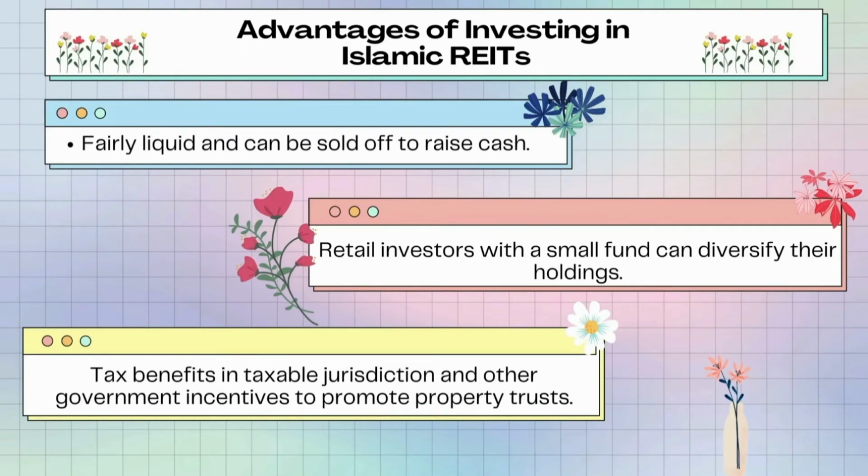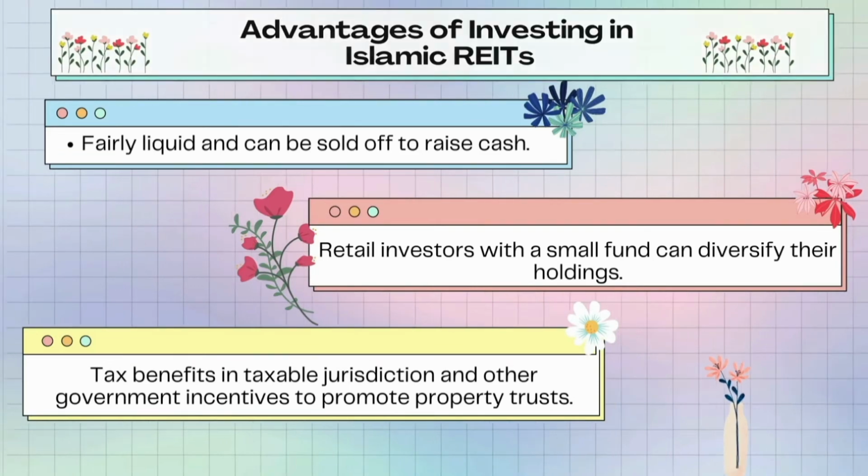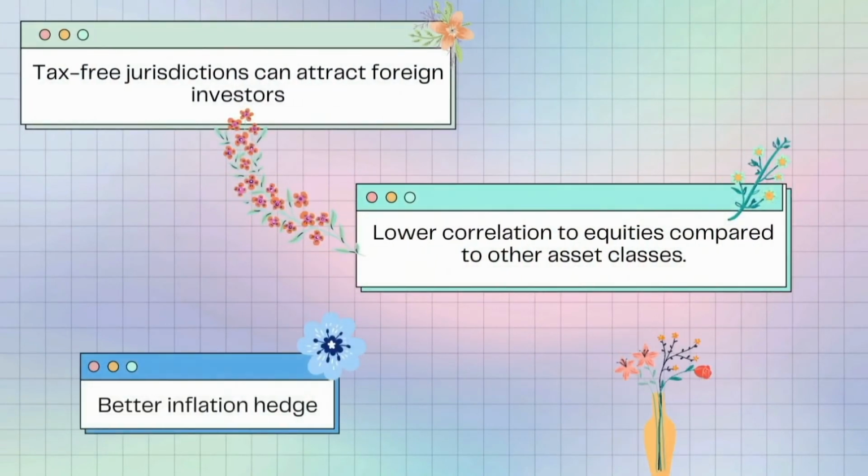Furthermore, tax benefit in taxable jurisdiction and other government incentives to promote property trust to encourage retail investors to access professionally managed shares of real estate. Next, tax-free jurisdiction can attract foreign investors. Also, in most markets, property increases faster than inflation rates, which can provide a better inflation hedge compared to other